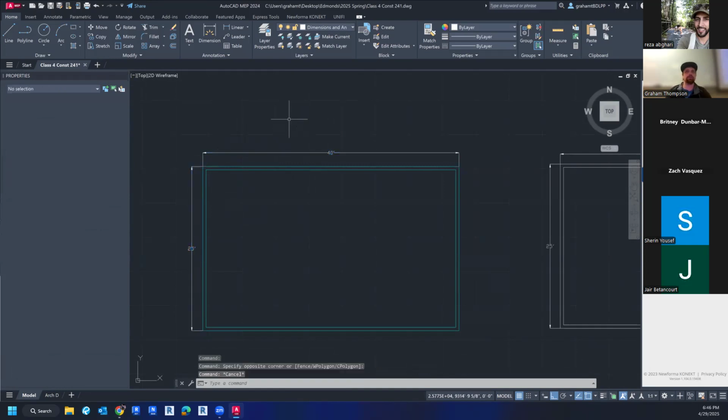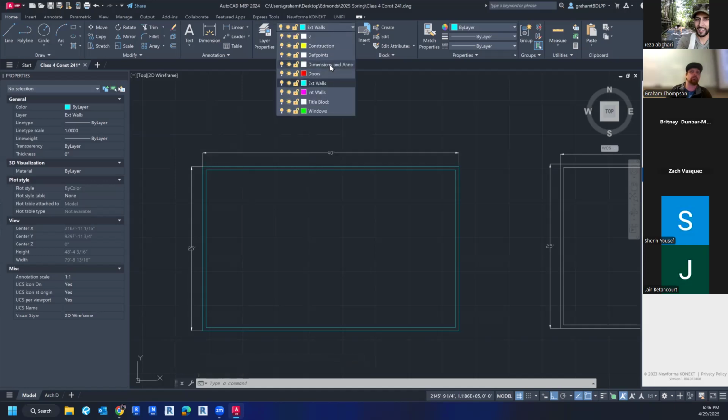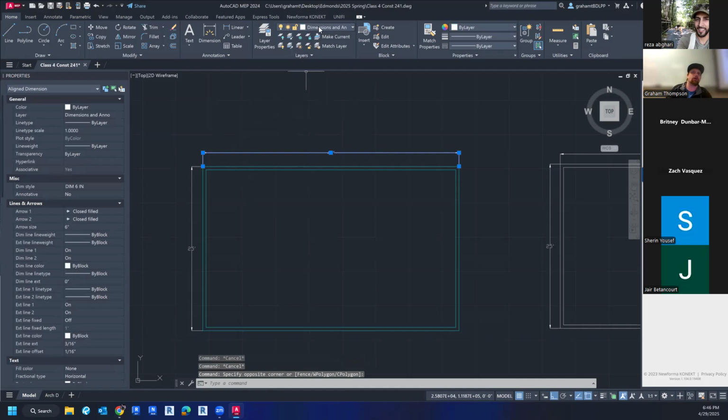Okay, now you'll notice it didn't change color, right? Because the white color is my color for dimensions and annotations and for layer 0, right? But you'll see now when I select this, it's on the dimensions and annotations layer. Okay, so